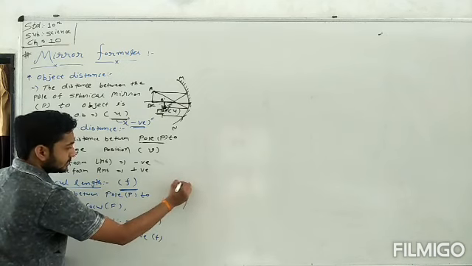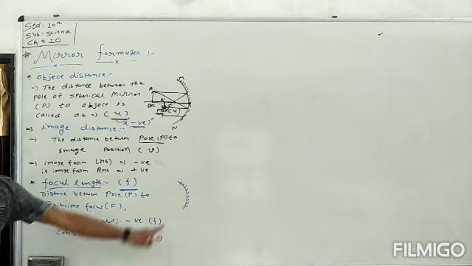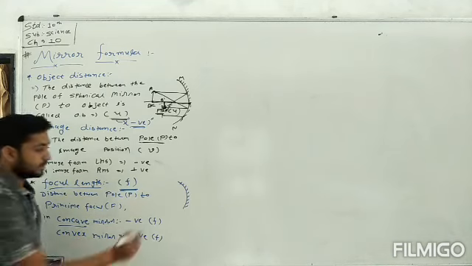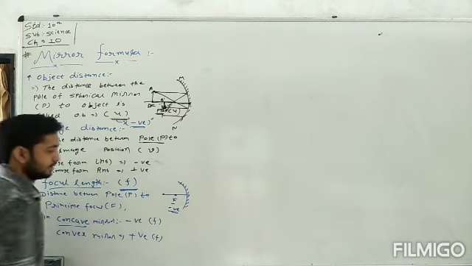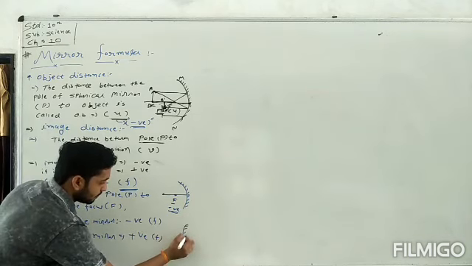Let's assume that this is our concave mirror. Here is the center of curvature and here the principal focus on the principal axis. This principal focus is on the left hand side of the mirror, so we use negative f. And in the case of a convex mirror, here is the center of curvature, and here the principal focus. This principal focus is on the right hand side of the mirror, so we use a positive sign for sign convention.